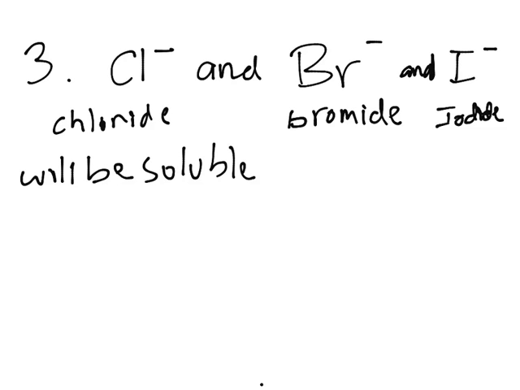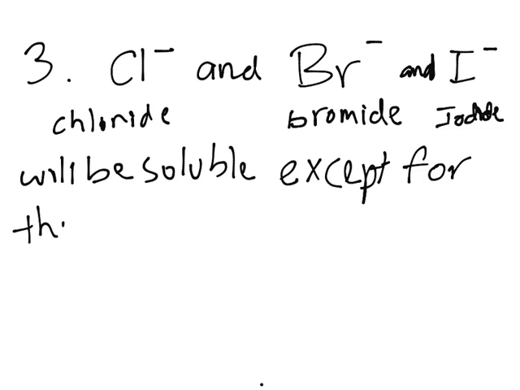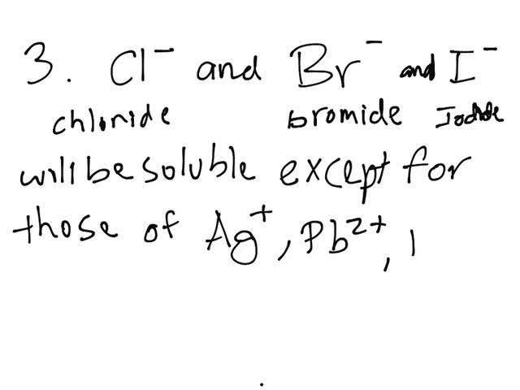They are soluble except if they're forming a compound with silver, so except for those of silver, lead, mercury, which is a 2, and copper. So what this is saying is that if you have a chloride with another transition metal, like, alright, let's go with the usual one,